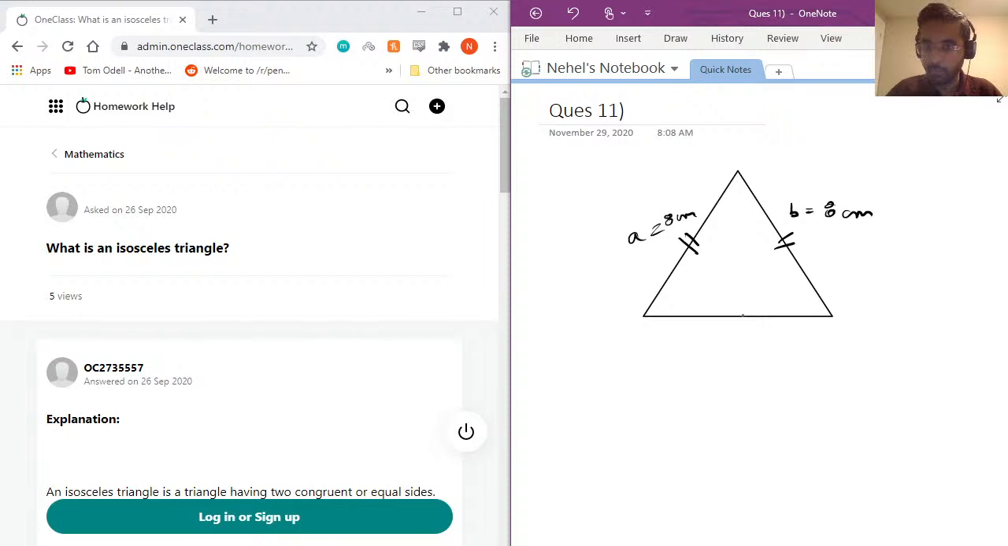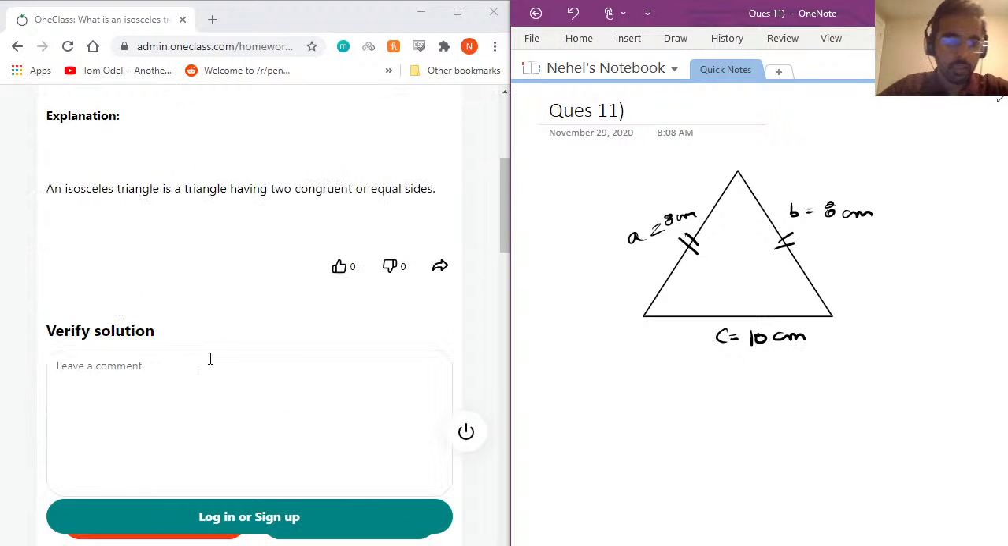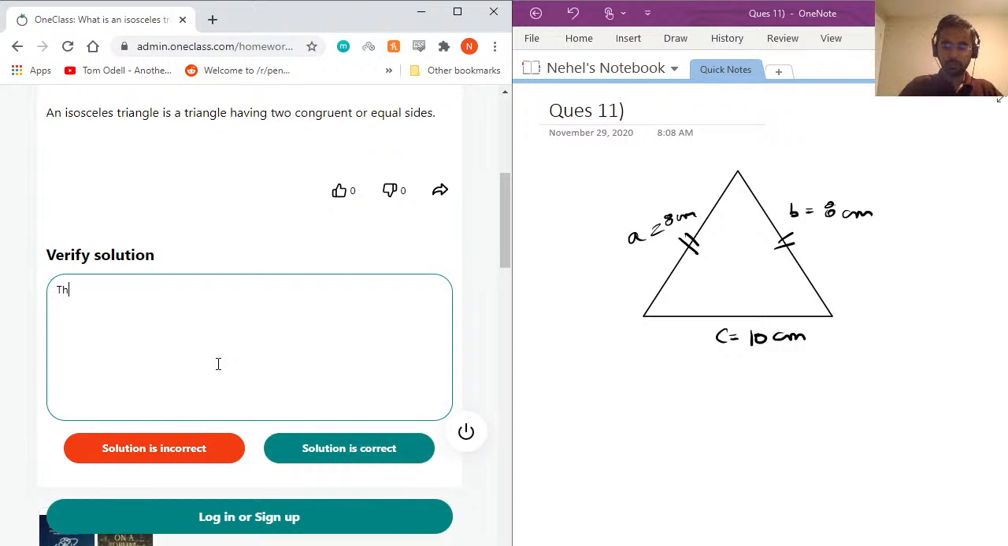An equilateral triangle will be a triangle where all 3 sides are equal. So we need to know the difference between the two. So if I was also given a C equal to 8 centimeters, I would call this triangle an equilateral triangle. But let's say, for example, if C is 10 centimeters, we know that it's not equal to A and B, so we'll consider this as an isosceles triangle. So isosceles triangle having 2 congruent or equal sides. Okay, so the answer is